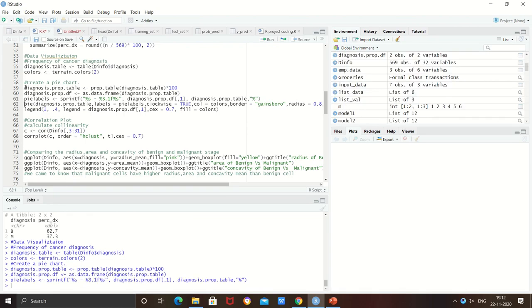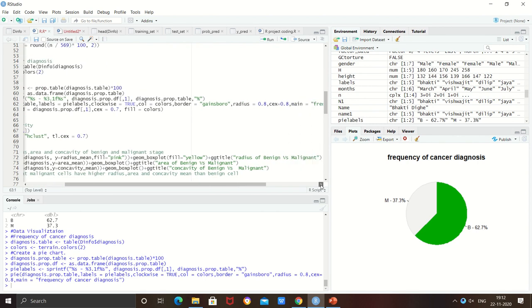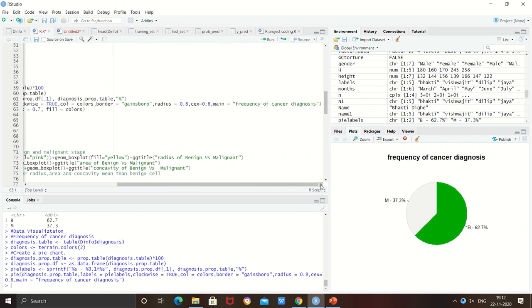Okay, so here, as you can see, in the main, I have given frequency of cancer diagnosis as a title. So the title for my pie chart is frequency of cancer diagnosis, and it is a graphical representation of the percentage of women affected in benign and malignant stage.